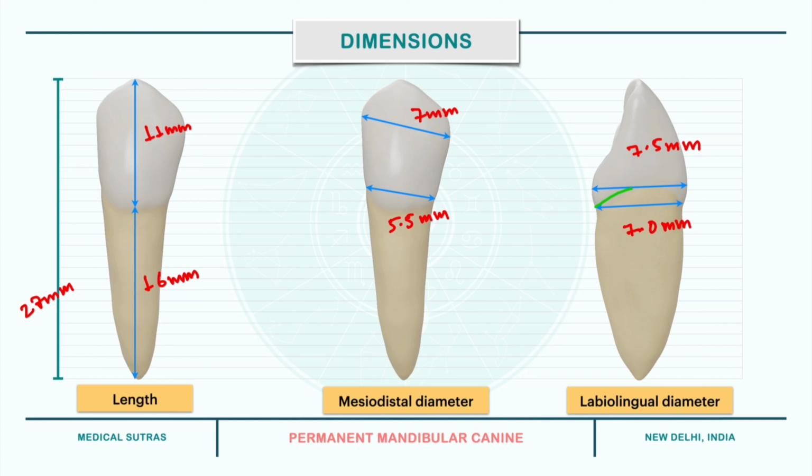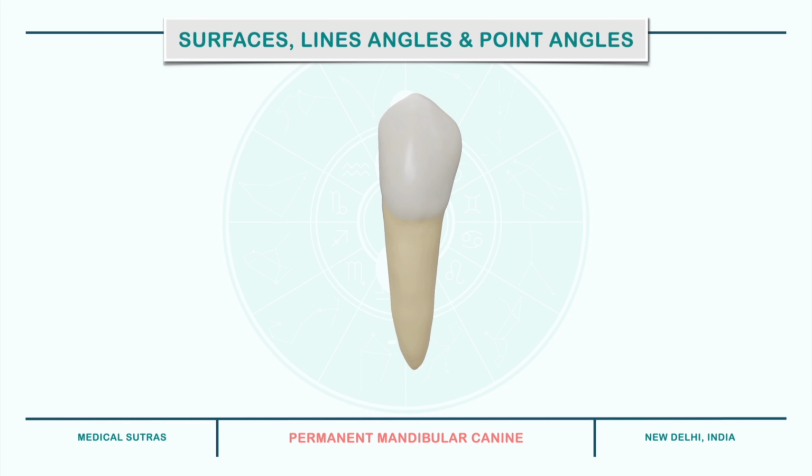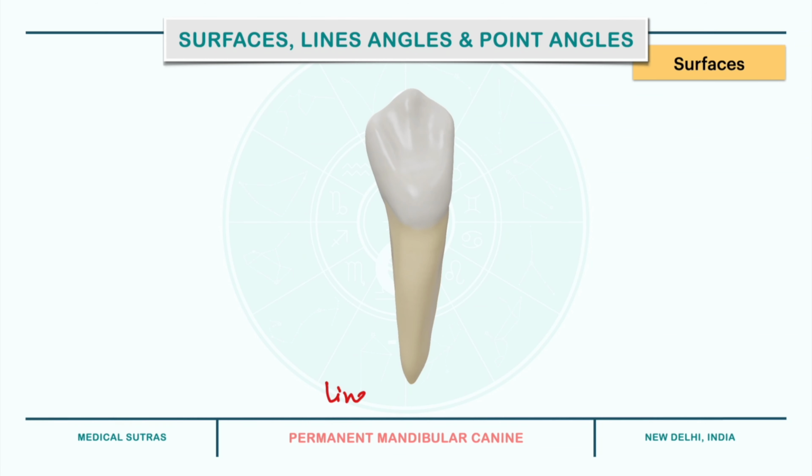Lastly, the curvature of the cervical line. It is 2.5 mm on the mesial side and 1 mm on the distal side. Now let's understand the surfaces, line angles and point angles. The permanent mandibular canine consists of 5 surfaces, which include the labial surface facing towards the lips, the lingual surface facing towards the tongue,